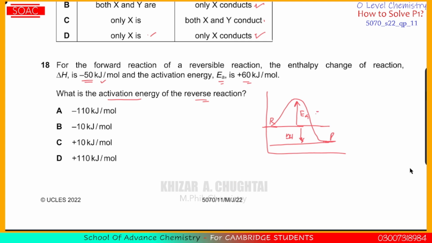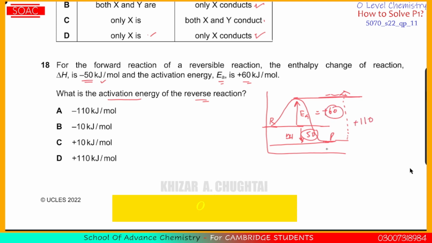The energy of activation is equal to plus 60, and delta H is equal to minus 50, meaning energy is given out. Overall, the gap from the product to this height is almost equal to 60 plus 50,